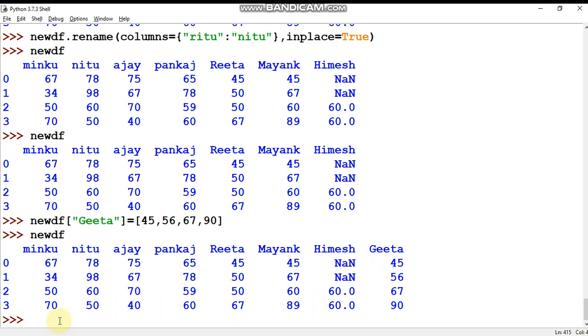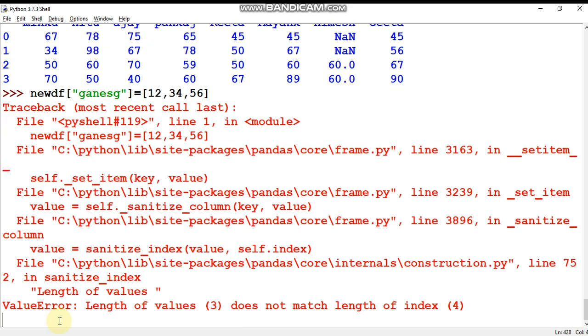Let's see, new df, and I want to add Ganesh, and if I pass the values 12, 34, 56, 67, so only 3 values I'm going to pass here, and then see the result.